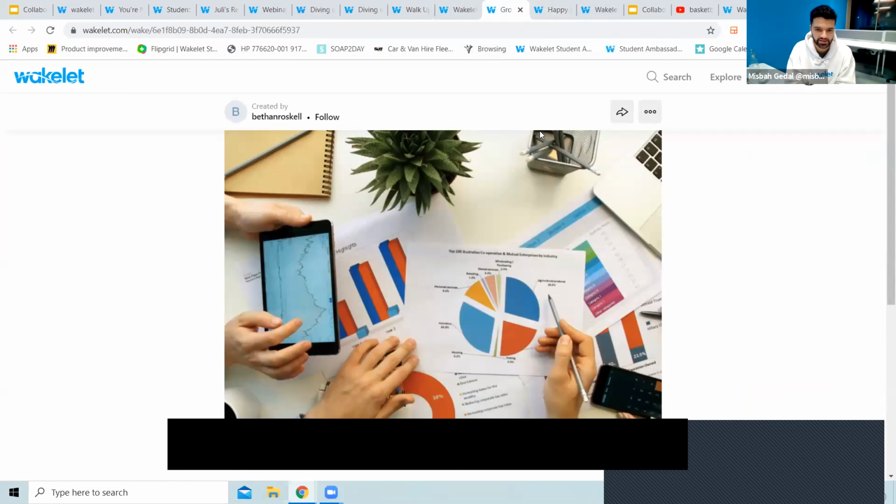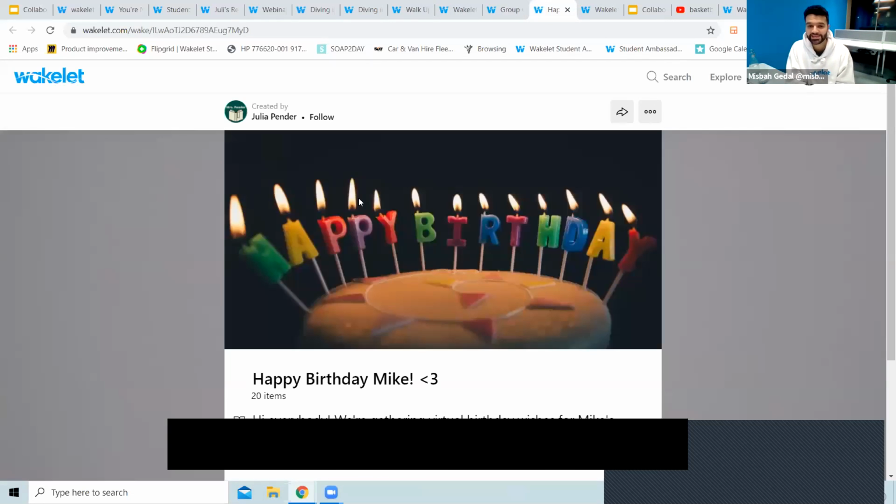Okay, there's a few more here which I'll show you. Bear with me a second. This one here. So another fun activity is happy birthday. What we've found on Wakelet since we launched collaboration is that, especially now with remote learning, people are celebrating their birthdays on Wakelet in an awesome way. So this is really cool. If it's your student's birthday, send a collaborative link to everybody except them. Then your students can all add their birthday wishes and messages and little pictures or selfies that they have with each other. And then once they've all done that, you